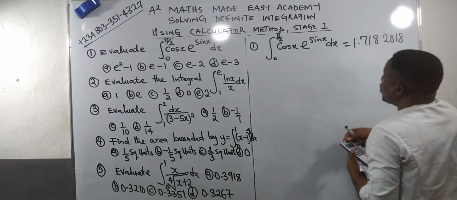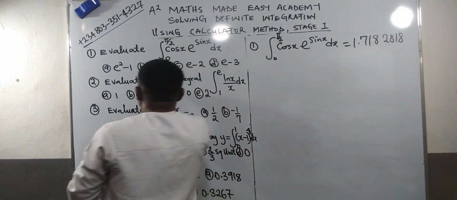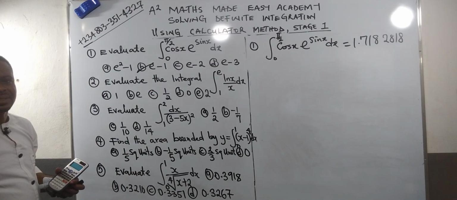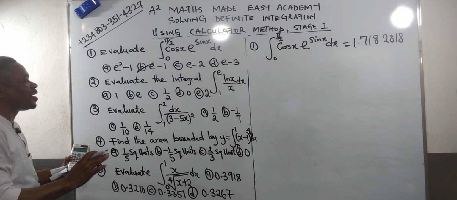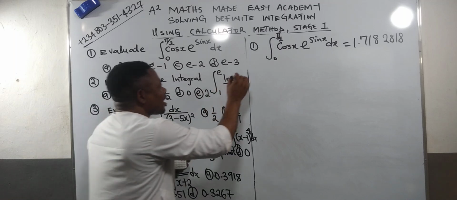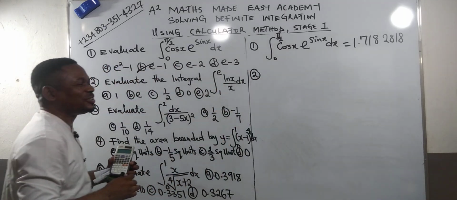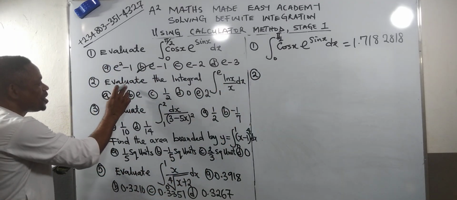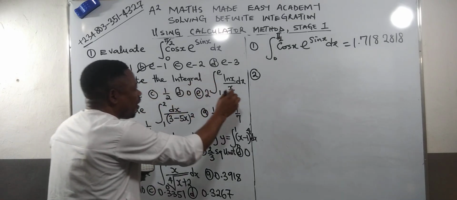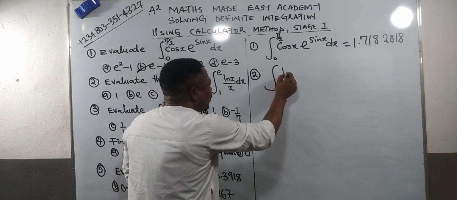1.718281. So which means the correct answer in the option is option B. Do you understand? And that is how to solve it using the calculator method. Then can we move over to question number C. Let's go. Evaluate the integral of ln x all over exponential